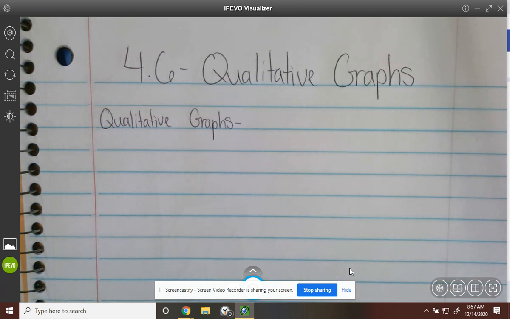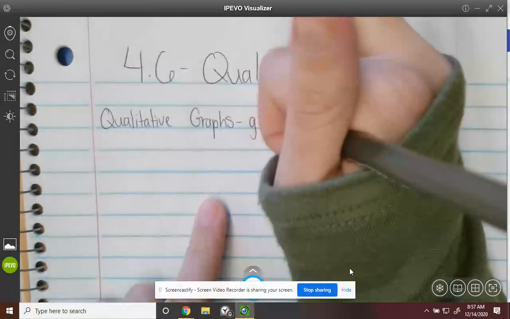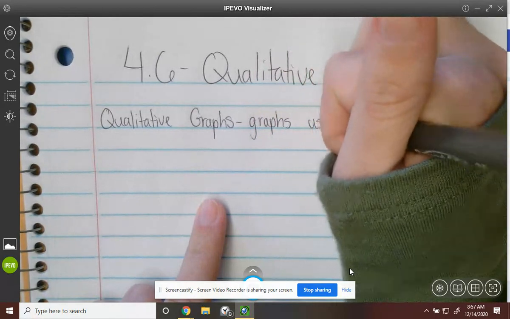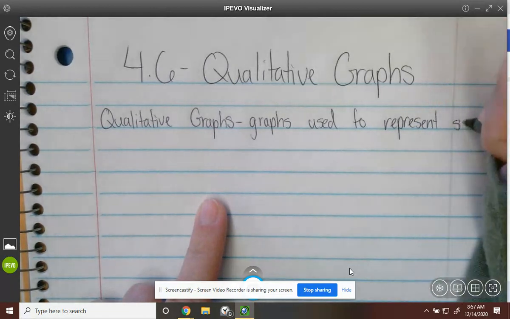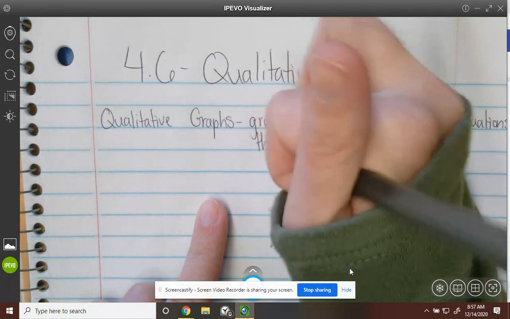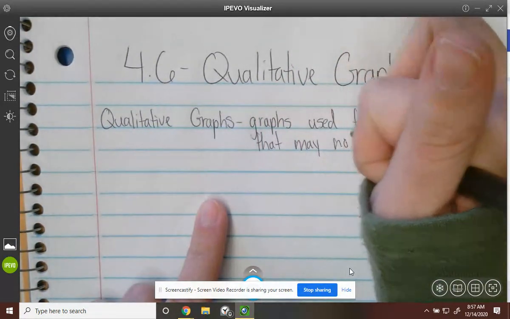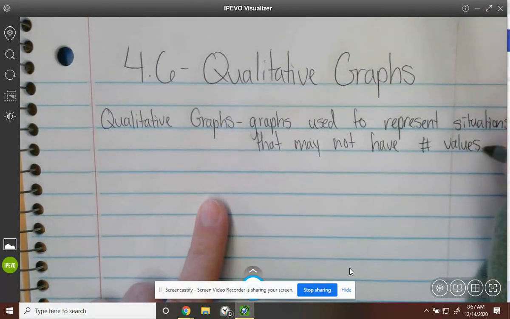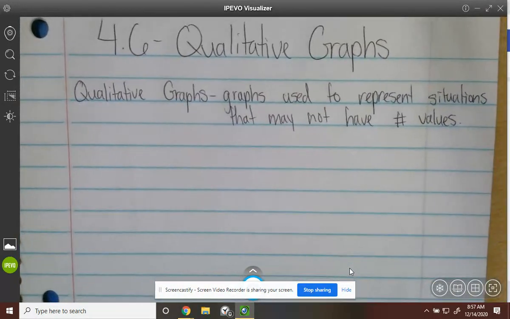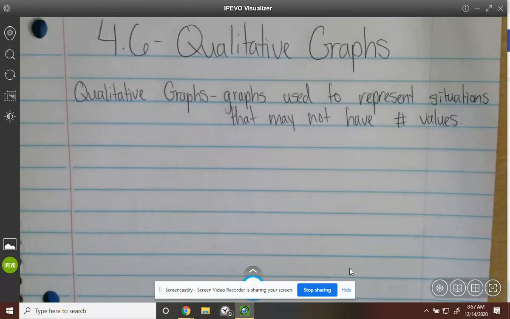Okay, our last lesson in this unit is qualitative graphs. Qualitative graphs are graphs used to represent situations that may not have numerical values. So they're pretty easy because there's no numbers really. It's just a graph with labels and lines. So an example of this,